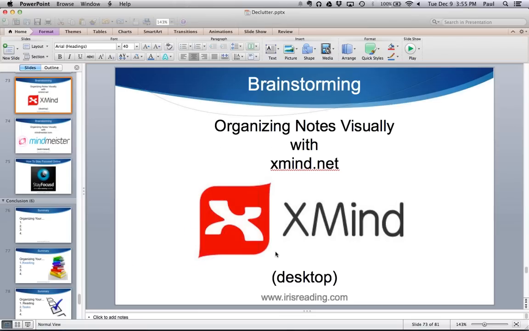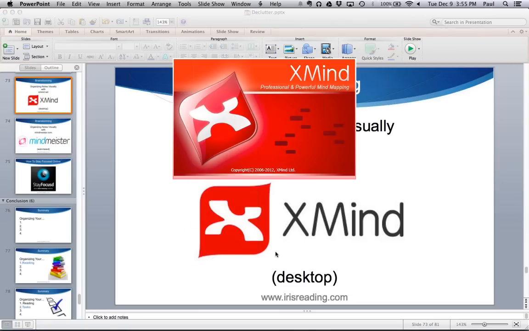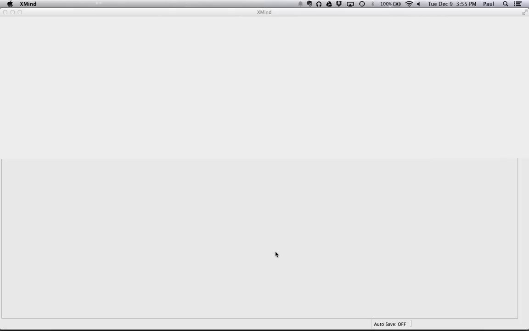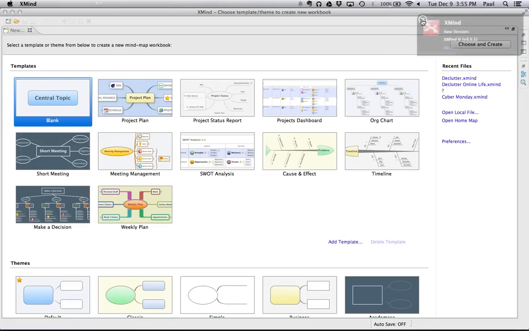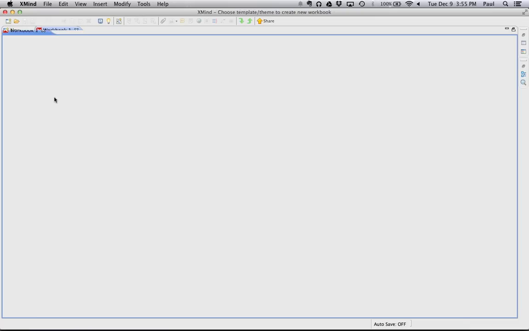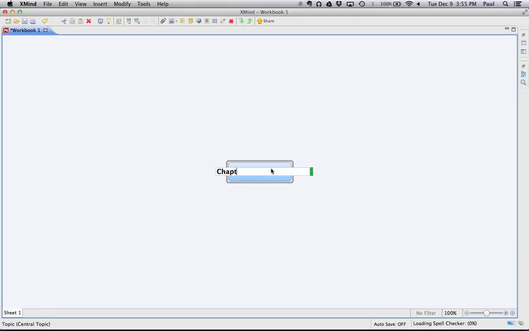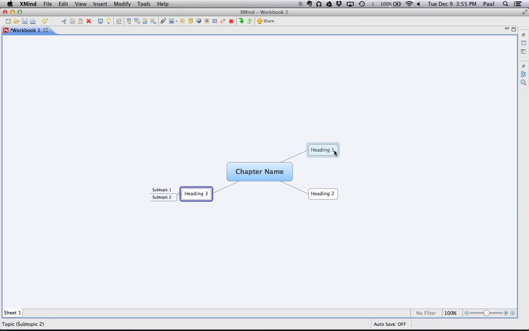Xmind looks like this. Let me launch Xmind here. When you launch a program, and actually I think I need to upgrade to the latest version. Yep, I'll upgrade later. Here's how it works. Central topic. I click on this, create your topic. So this might be your chapter name if you were reading something, and then you click tab to create a topic, or you click one of these buttons up here. Tab is just a quick way for me to add, this might be a section. This might be one of the headings of the section. So this might be heading 1. This is heading 2. This might be heading number 3. If I have subtopics, I'll add those subtopics like this.